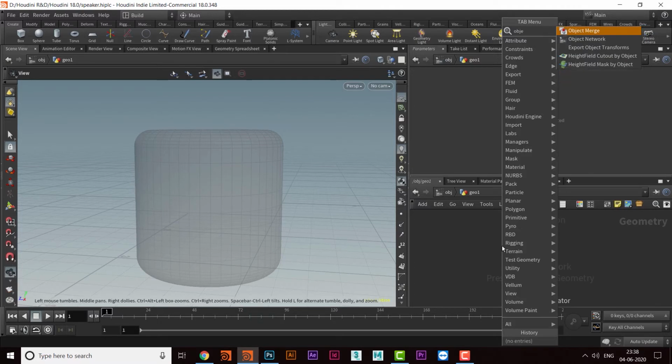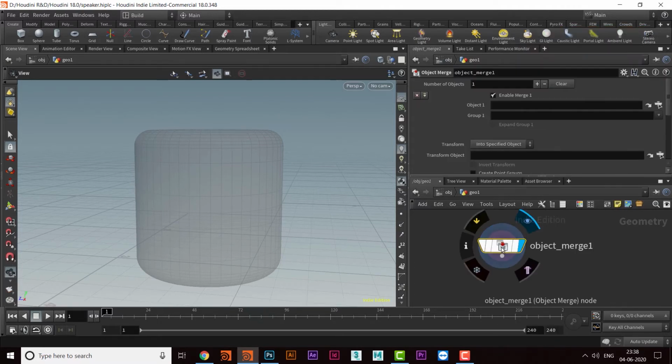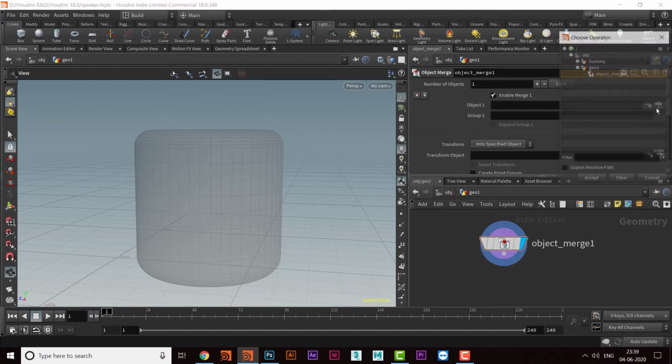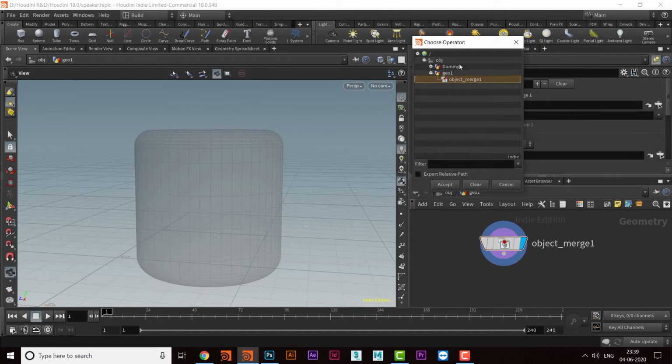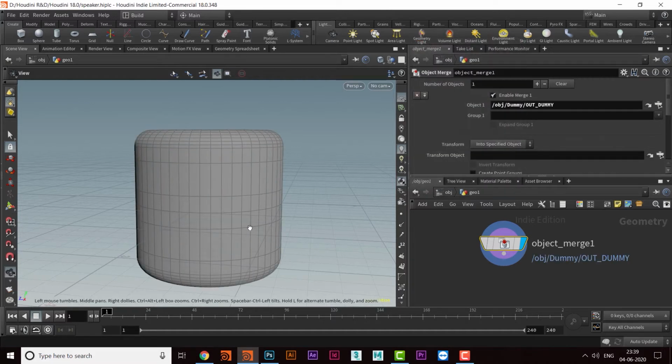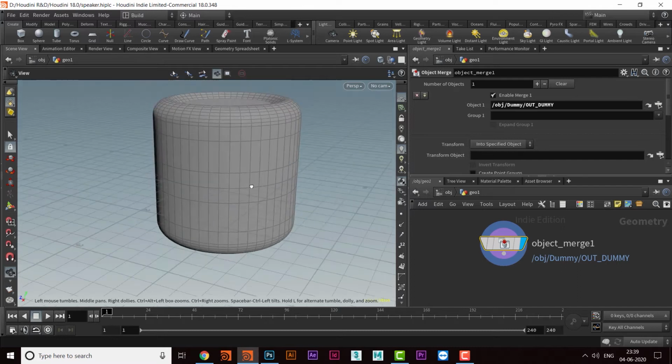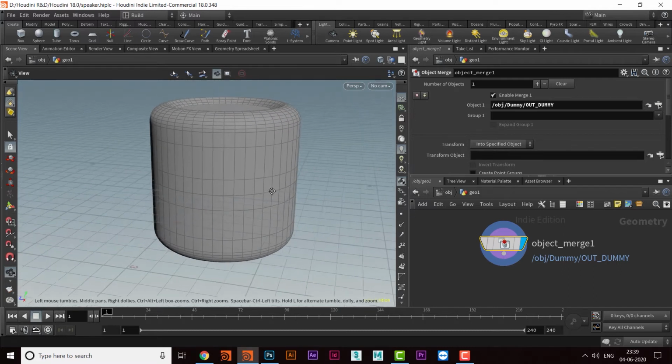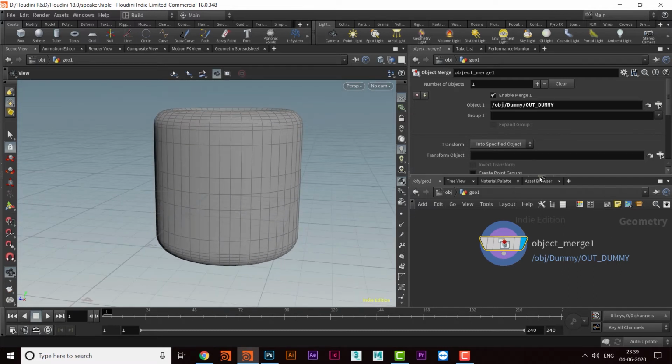So we will take object merge, and here we will call that object. We will click in obj1, go in the dummy folder, and take this out dummy, which is a null node which I added there, and through this node I'm going to fetch this object here. So now we have got that object, and let's start on this one.